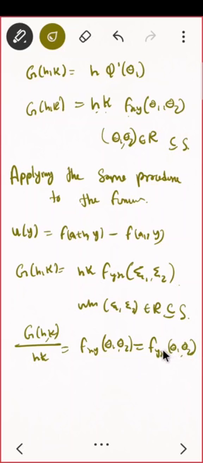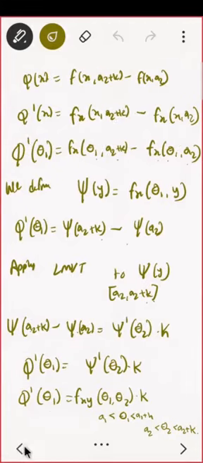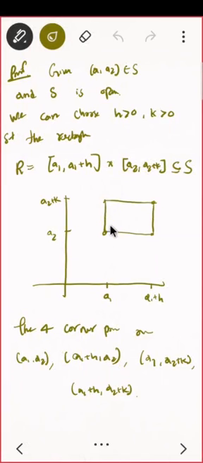Correct. And note that if you take the limit, say h comma k, as h comma k goes to 0, that means the rectangle, we are making it smaller and smaller. It will be something like this. It will be something like I'm squeezing it. As h tends to 0, I'm going here, I'm going here. Correct. So I'll be getting at that point.